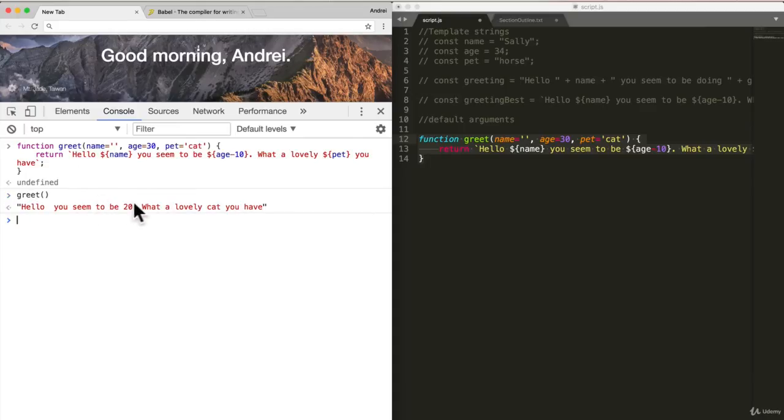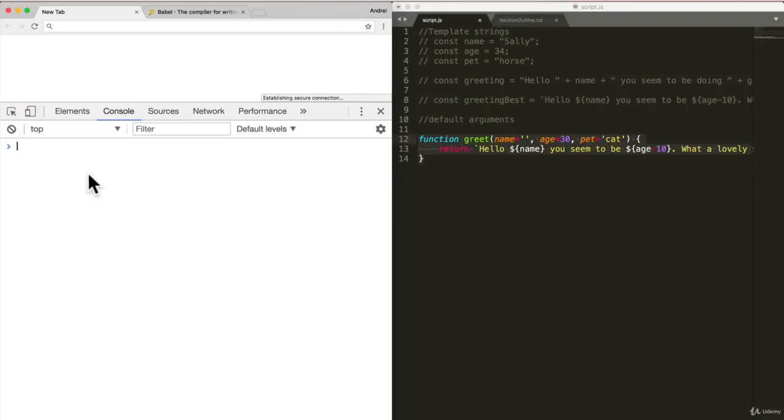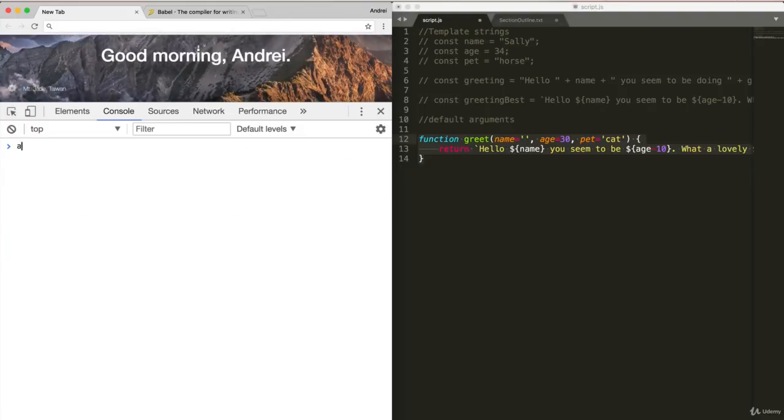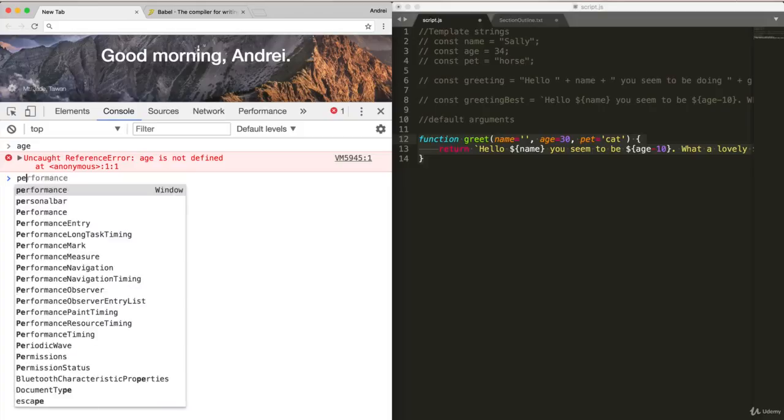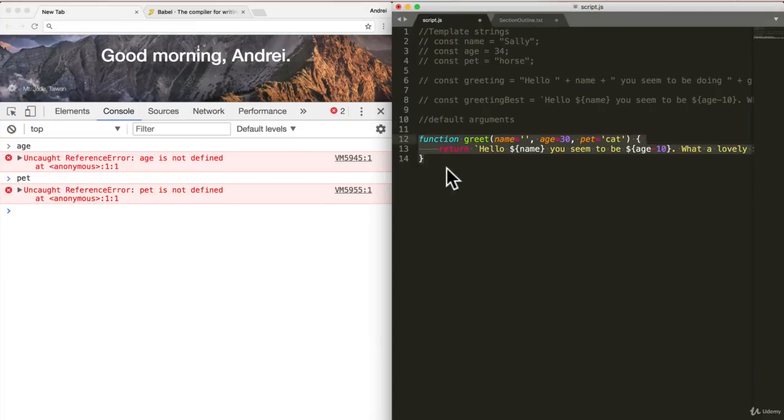Hello, you seem to be 20. What a lovely cat you have. Do you catch that? Even though our browser, and let me just refresh so you know for sure, our browser has no idea of what age or pet is. But if I run this function,